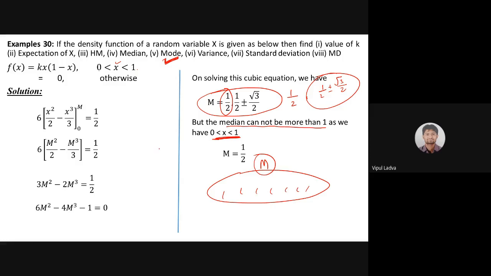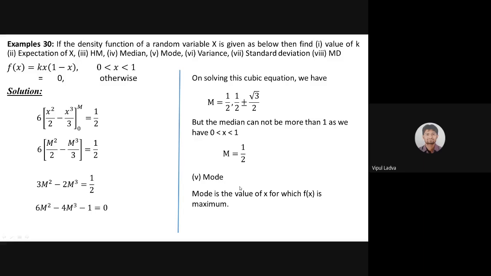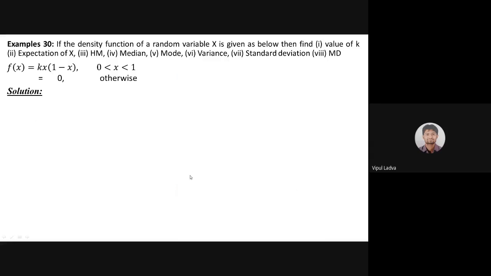So for the continuous random variable, to identify the mode we will depend on the second derivative test. That means we will use the concept of maxima and minima, which we had discussed earlier in the last section. Okay, so the mode is the value for which f of x is maximum. Now we need to identify when f of x is going to act as a maximum function. For the maximum function, we need to equate its first derivative with 0, and then identify its second derivative. If the second derivative is less than 0, that means if it is negative, then we will declare that x is maximum.